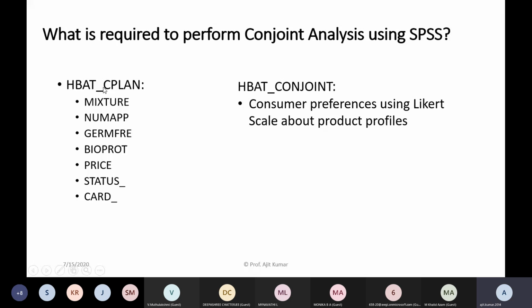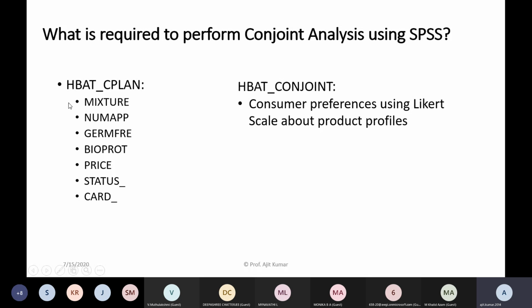Now, in HBAT C plan, there are certain headers: mixture, numapp, germ-free, bioprot, price. These two are extra, which we are not going to use. So how many factors are we interested in here? Mixture, 1, 2, 3, 4, and 5.